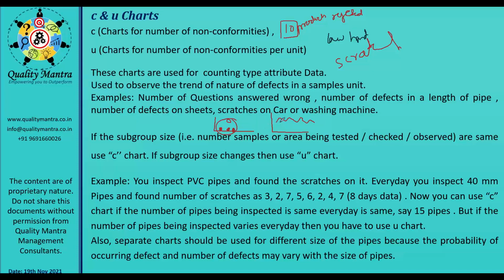So what you need to do? You need to follow this one. Or if there is one product rejected, that doesn't mean okay, only one. You should not be very happy. You should know what are the various defects present in that particular product. It may happen that for one product rejection there were 5 different defects. Such scenarios are very dangerous. So you need to find out why there are 5 defects. For every defect there will be different root causes.